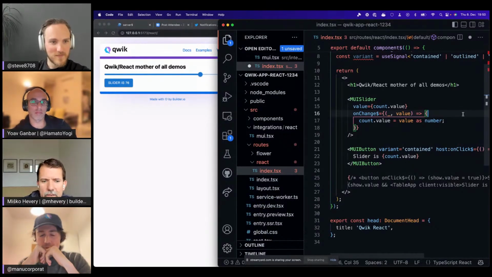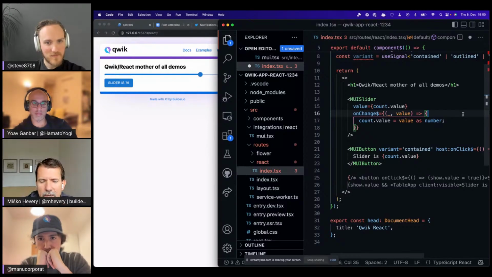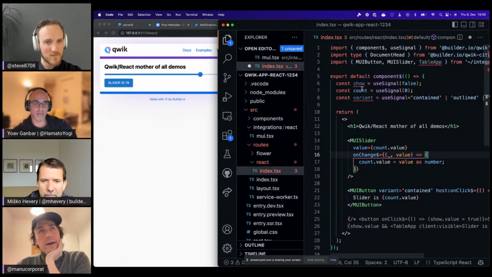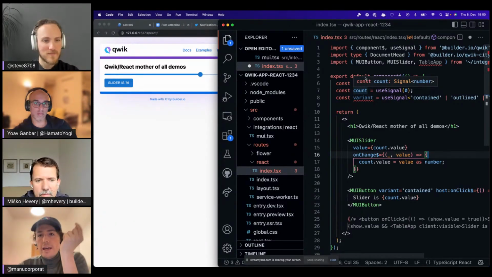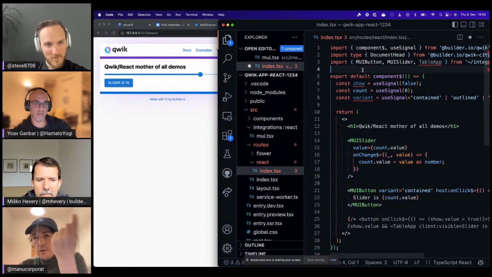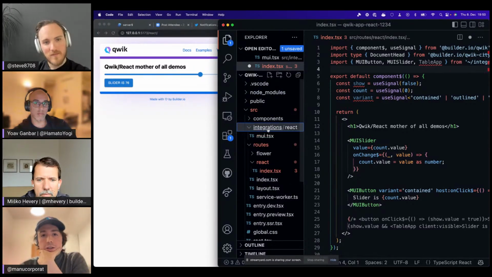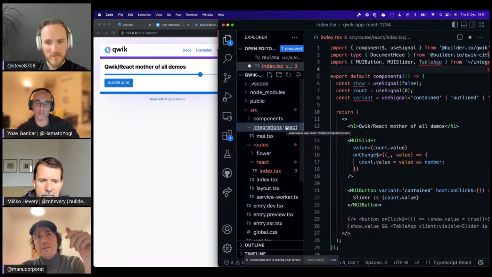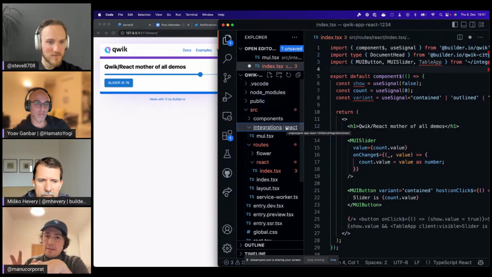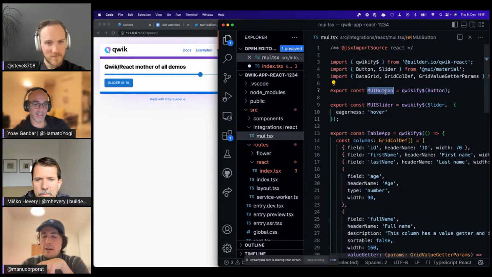I have a question. Why are you separating it into separate files? Why not just have everything in the same file? Qwik and React are very similar, so actually, it could work if you put it in the same file. But the idea with integrations is that it's looking forward, and you might have Svelte components, even Angular or Vue components, and all these frameworks come with very heavy compiler transformations that we can't really mix in the same file. That makes sense? We can export it and make it here, but we cannot really mix both.